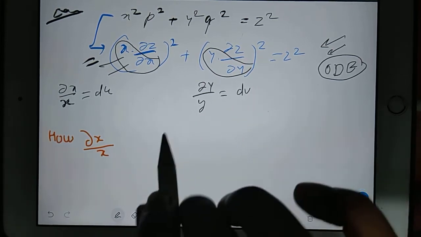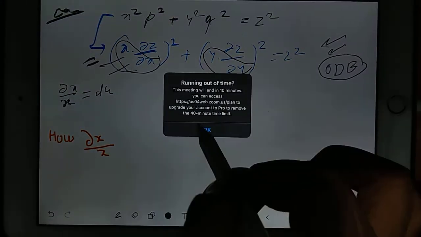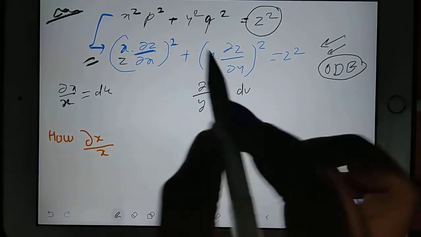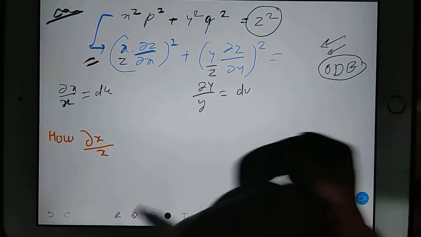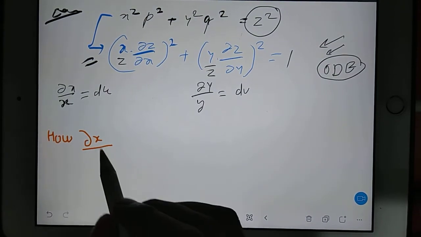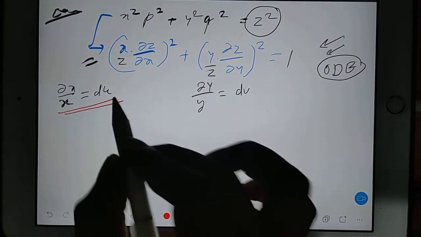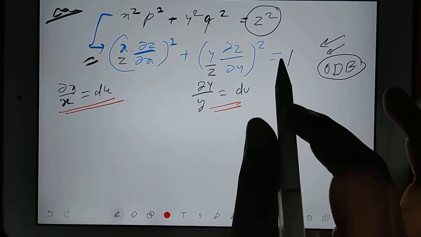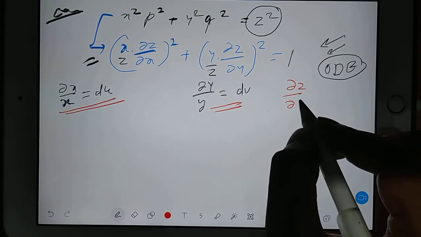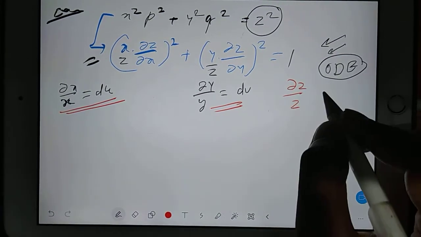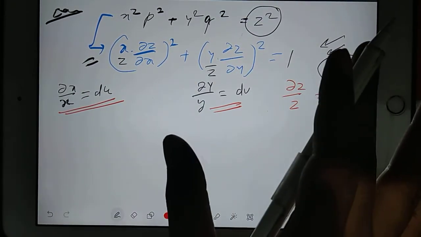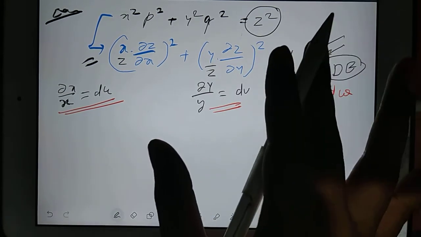Okay. One more thing here, I'm missing the z term. This z I'm bringing here also and here also, and I am writing 1 here. So that's why I am replacing these two. One replacement here, one replacement here. So when you replace this, one more replacement also you make, dou z by z is equal to dw. So now all three we can replace and we can make a flat equation. How will it look?